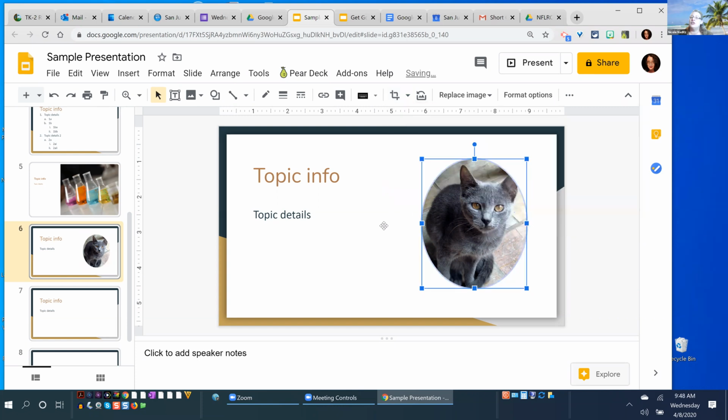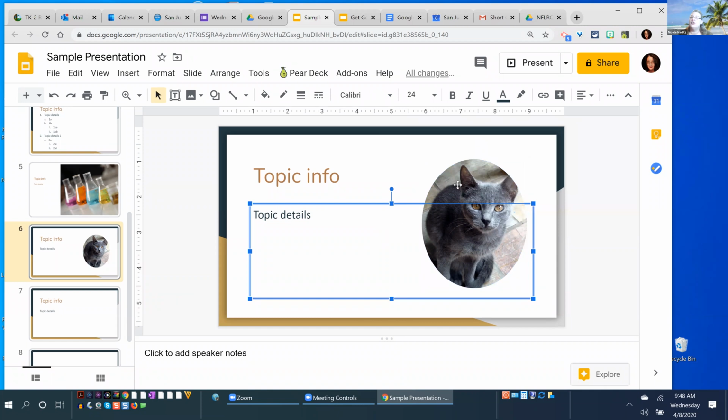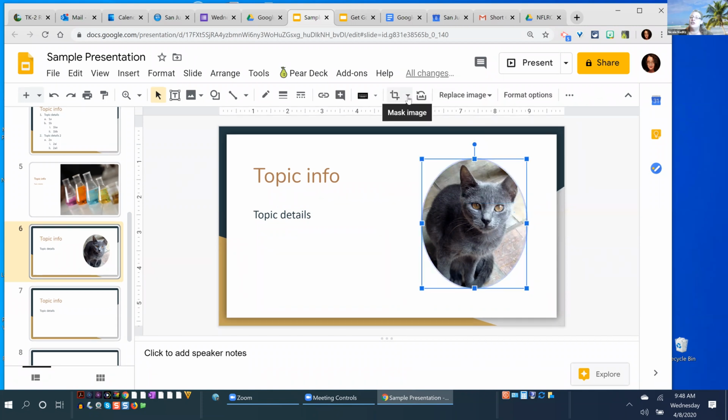Okay, and now it has cropped the image as a circle. So that was done again. I'm going to Command or Control Z to undo that, instead of just clicking